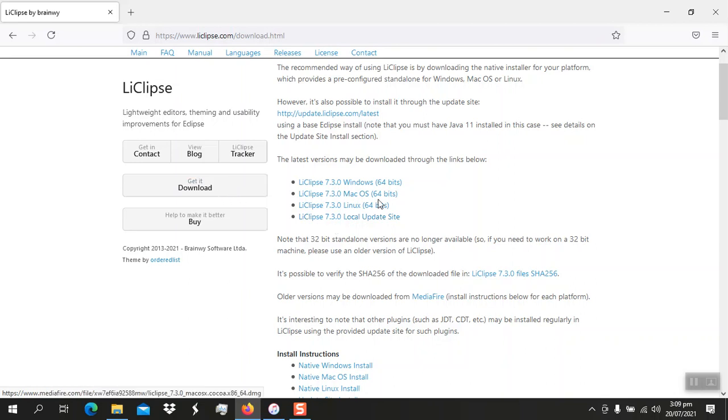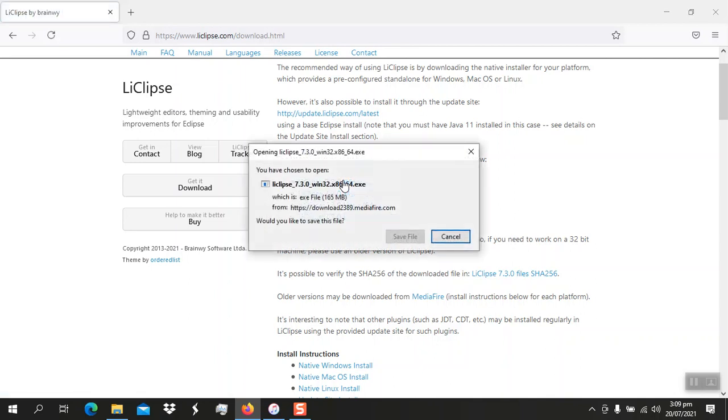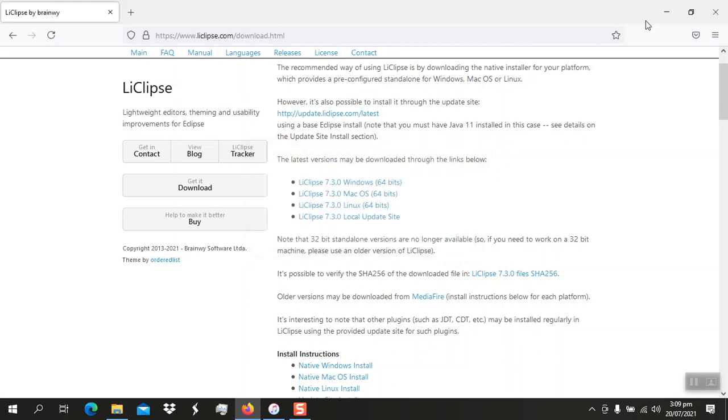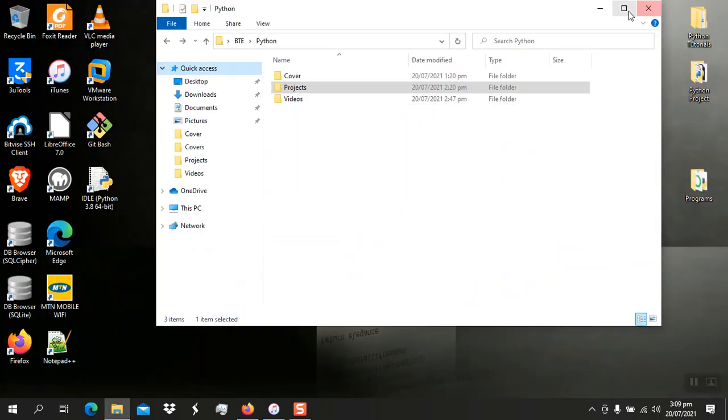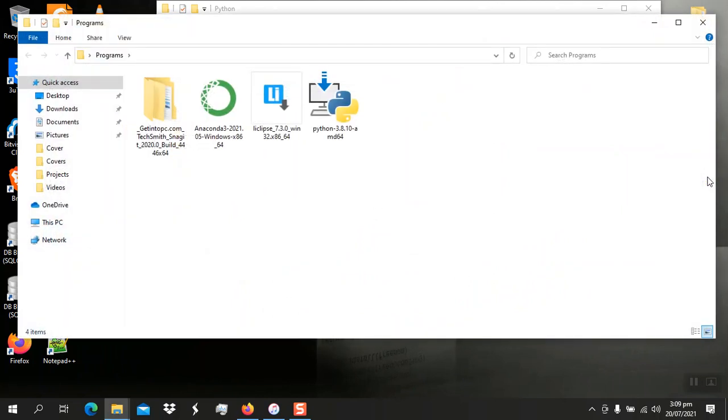So I wouldn't download it because I already have the version. I'm going to show you mine. But if you don't have it, just click download, and there it is, 164 megabytes. I won't download it because I already have my version. Here is my version. I already downloaded it in order to make the video faster. Here is my Eclipse version, so I won't be downloading any. All right, so